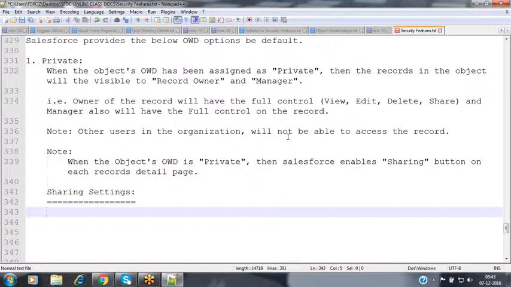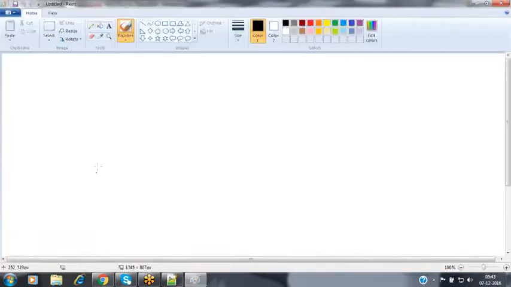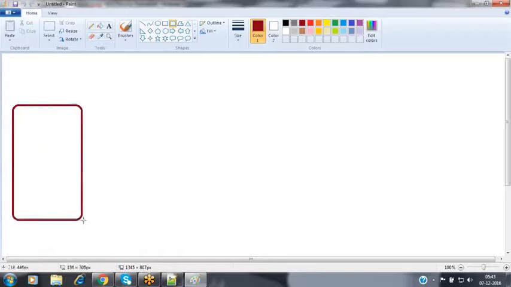Whenever you are sharing the record to users, two types of sharing are available in Salesforce. Now assume that I have an object here, which is the account object.